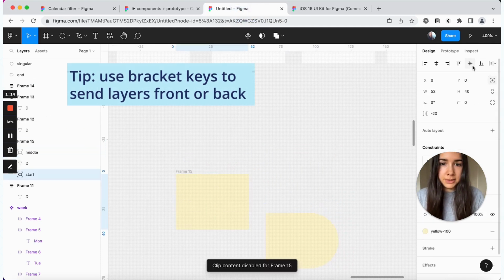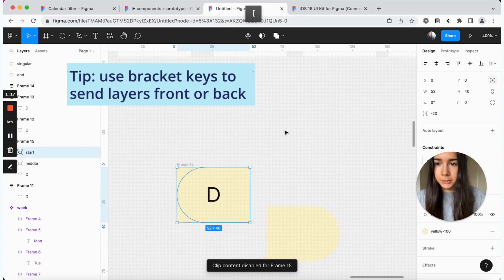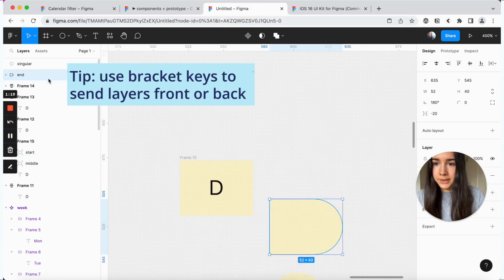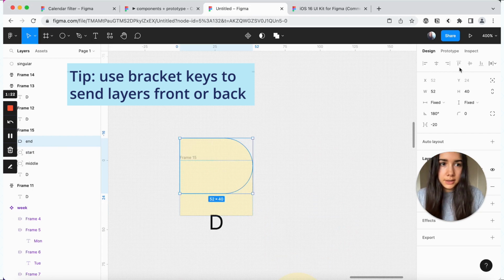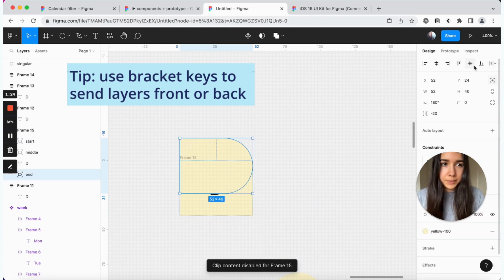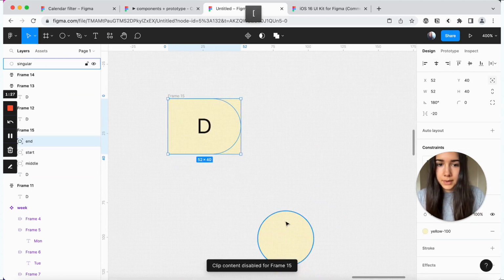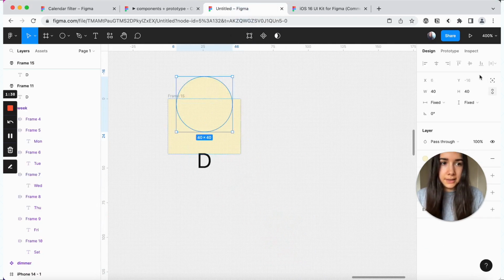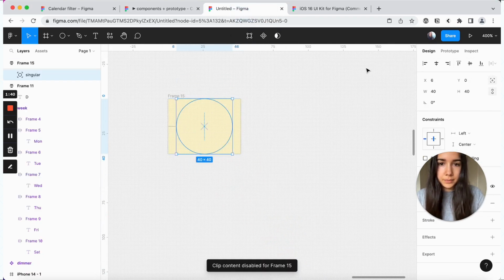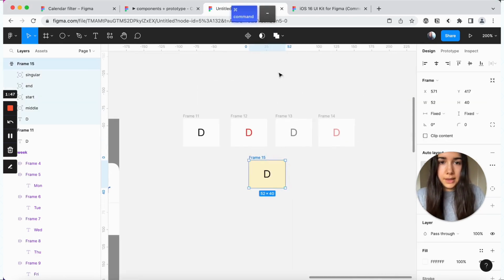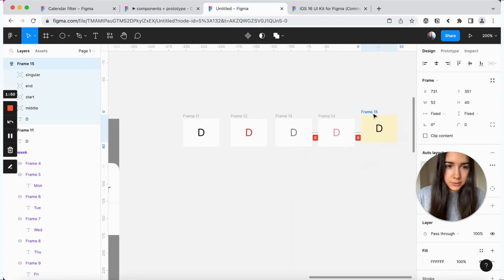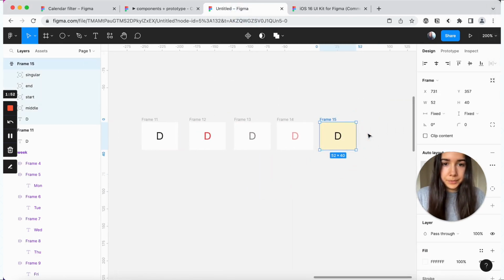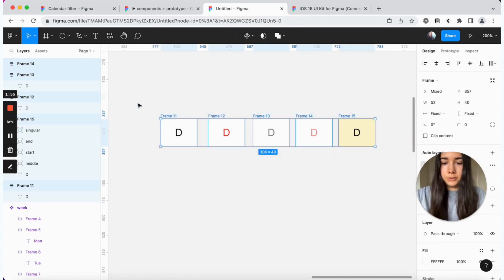Again, set them to position absolute and send it to the back. And same with the end one. And lastly, our selected one. Now I'm going to bring this here. And we're going to rename this to day.